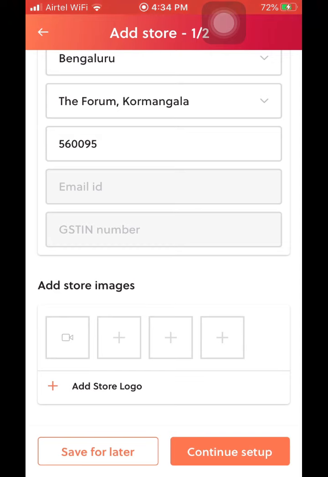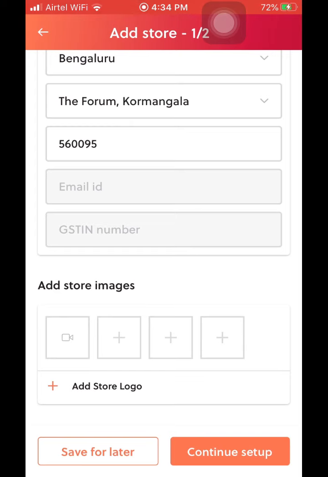store, the virtual store, in terms of selection of images, selection of videos, selection of store logo, etc. So there's a bunch of images that you have to select here. There is provision for you to add one single video of up to 30 seconds and at least three banners that you can put up here, which will reflect your store.